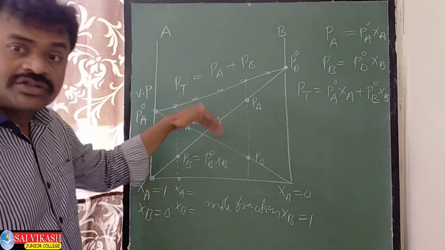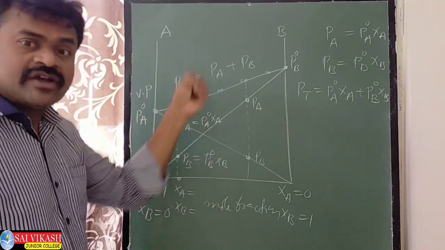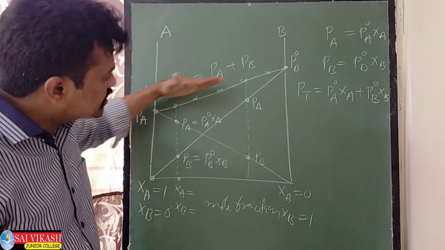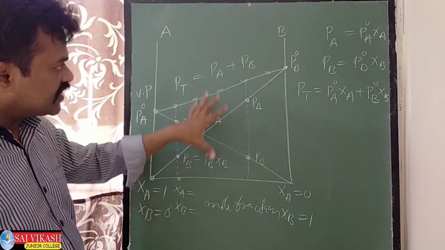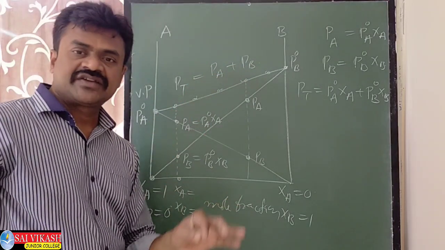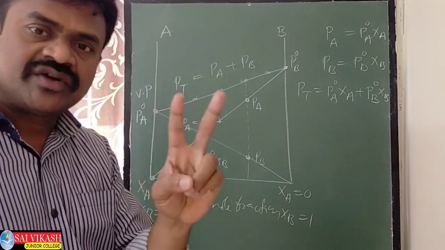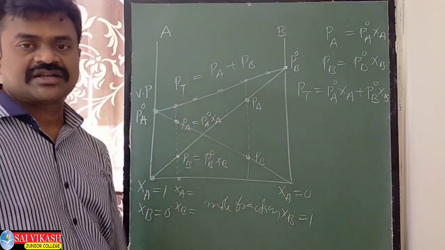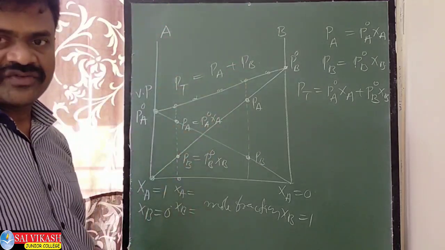That is why, both are volatile liquids. That's why when B is added to A, total vaporization increases. So total vapor pressure is always more than the individual vapor pressures. That's why the graph is rising up. So this is the graphical explanation for the vaporization of both liquid solvent solutions. A is the volatile liquid, B also a volatile liquid.